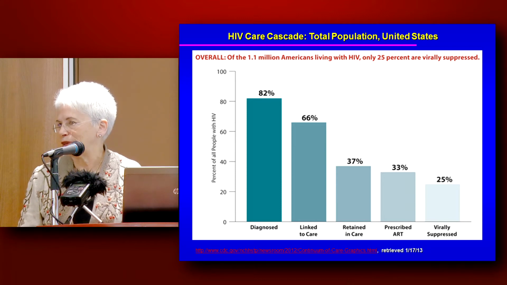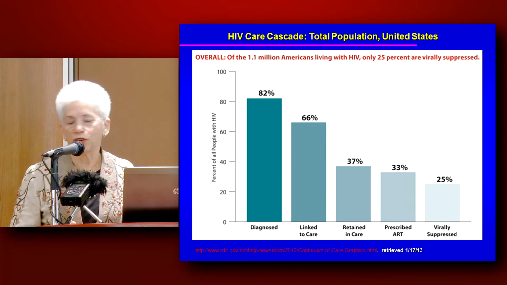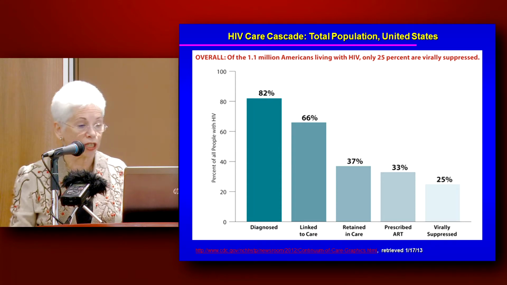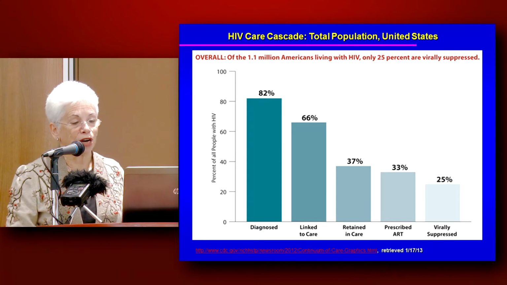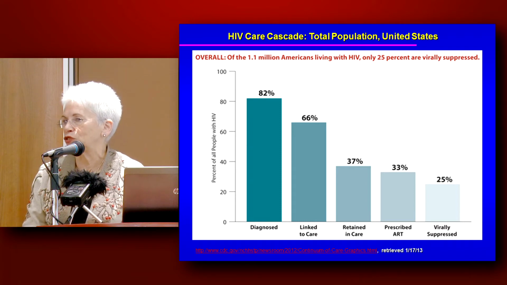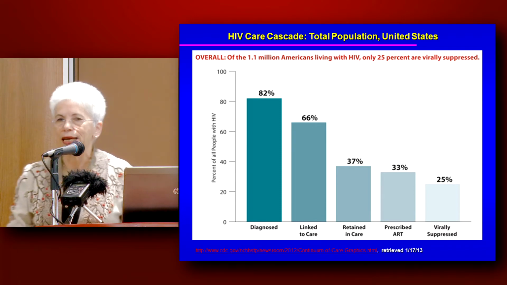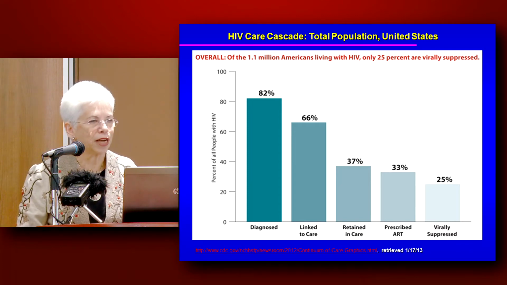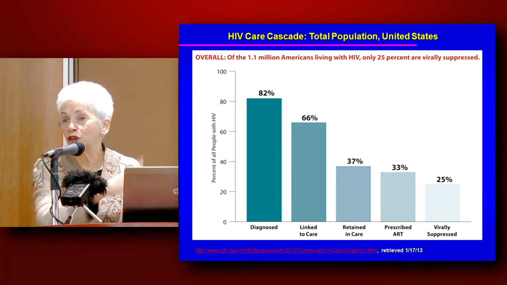66% of HIV people are linked to care. Only 37% get retained in care. That's a big drop-off from linkage to retention. 33% have been prescribed antiretrovirals, and only 25% are virally suppressed. That means we're not doing well, because only 1 in 4 of our HIV-positive patients, at least, that you can